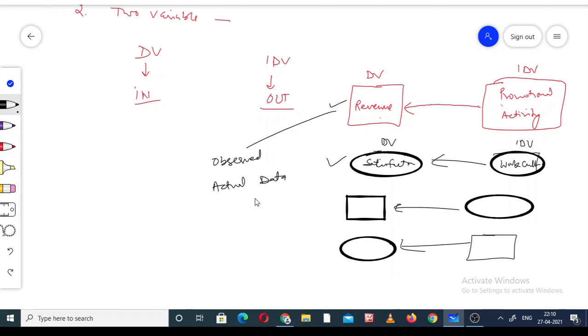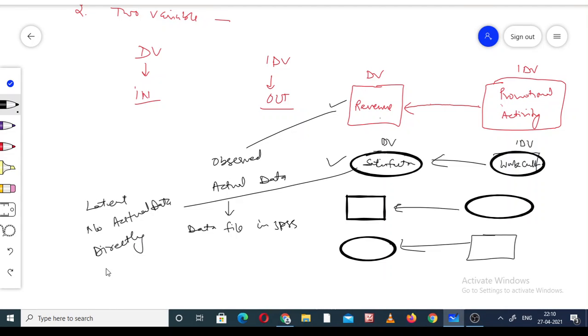Actual data means we have a data file in SPSS. Circle means the latent, no actual data, or we can say we cannot ask directly any question. We can ask through different statements, and a data file in SPSS cannot exist in case of the circle. So that is the difference between these two.